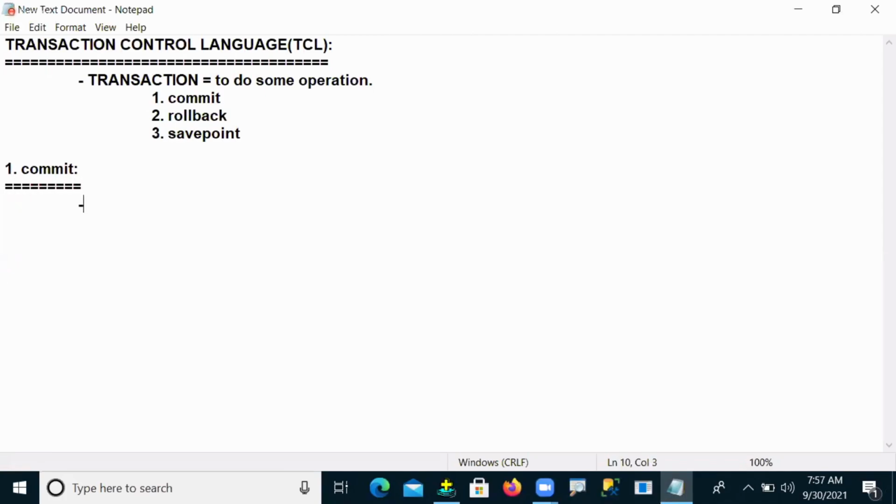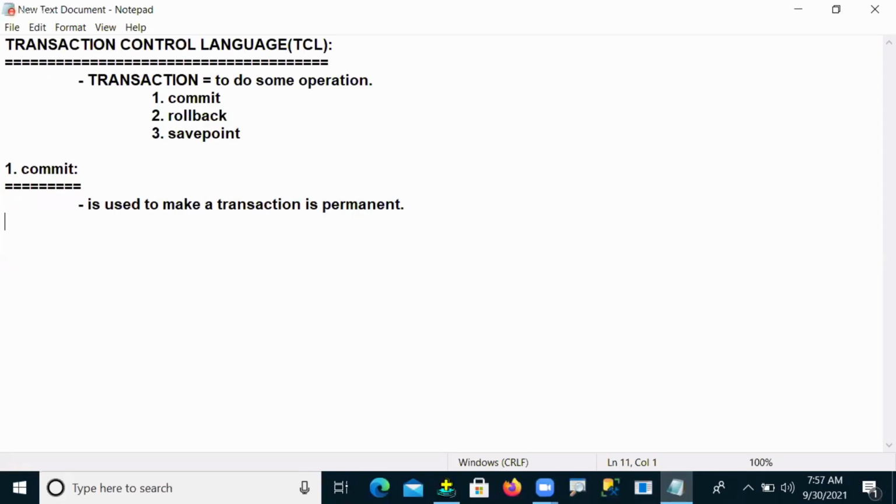Commit is a command, and this command is used to make a transaction permanent. Understand? So that is what we call a commit.